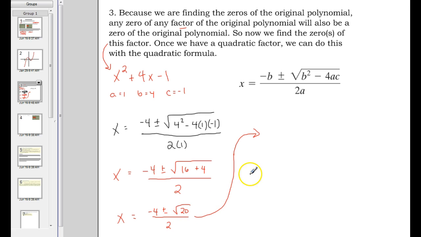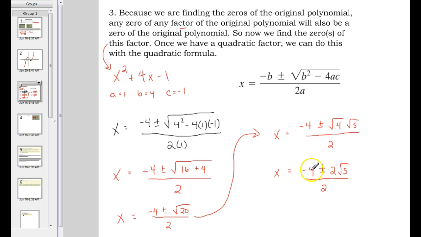So 20 is not a perfect square, but it does have a perfect square factor, meaning a perfect square does divide 20, and that perfect square is 4. So we'll write 20 as 4 times 5. And then the square root of 4 is 2. So we end up with negative 4 plus and minus 2 times the square root of 5